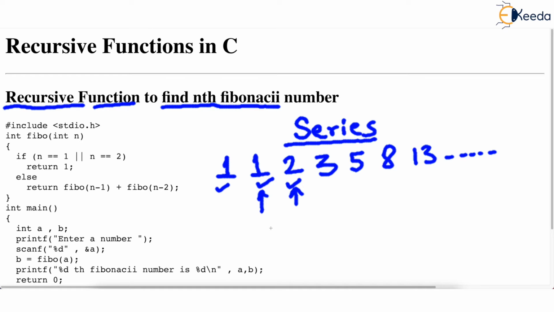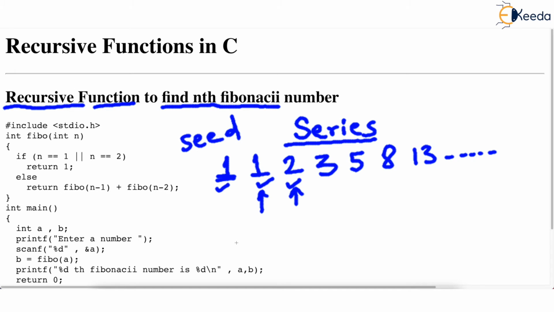Now many students have a difficulty or doubt saying that does the Fibonacci series start with 1 or 0? Because in some textbooks they read that Fibonacci series starts with 0. Actually, Fibonacci series can start from any two numbers. They are called seed of Fibonacci series. And the entire series grows later on.